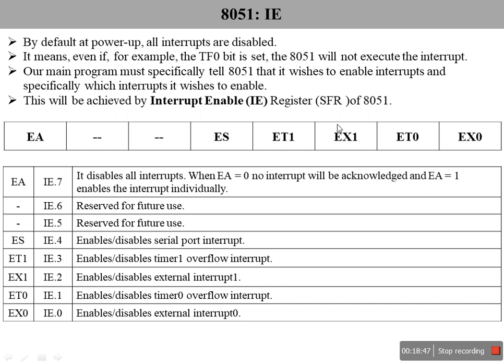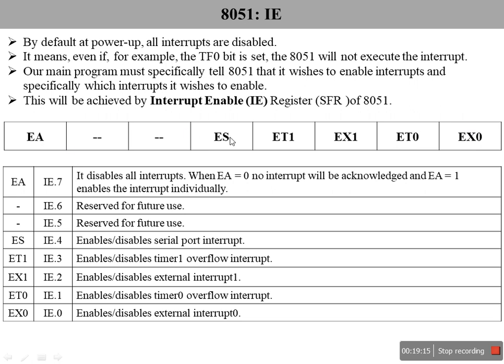So in order to notify the 8051, we have to make it 1. Similarly for timer 0 and INT0. EA must be 1 for the individual interrupts to be enabled or disabled; if it is 0, no interrupt can be enabled afterwards.